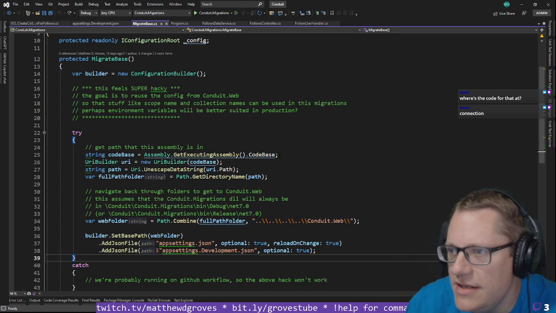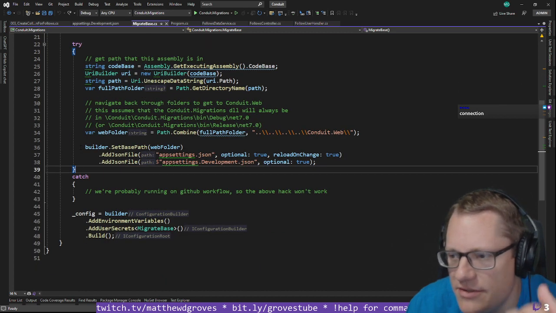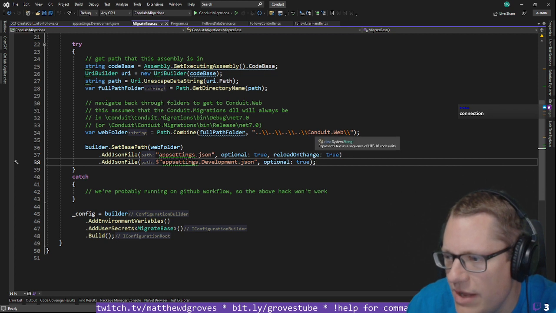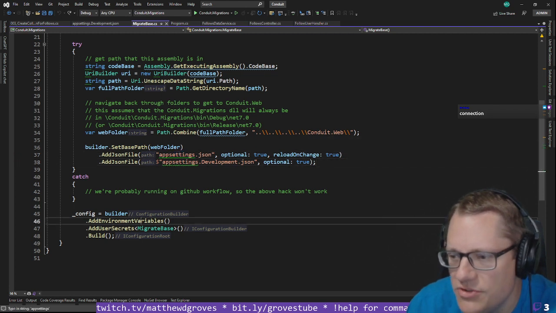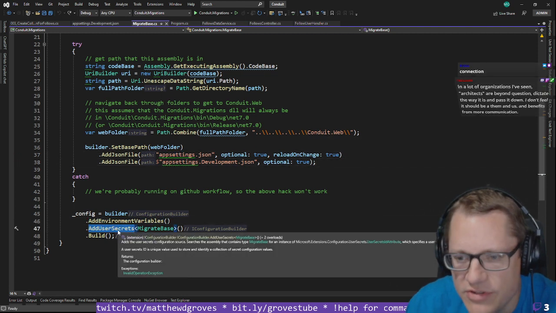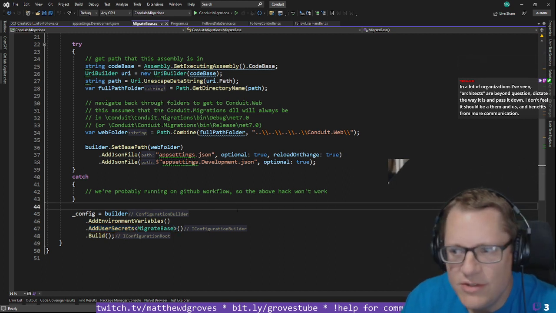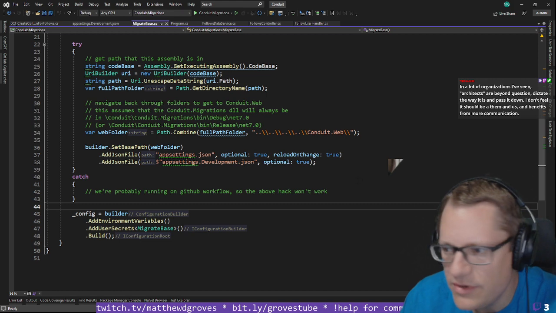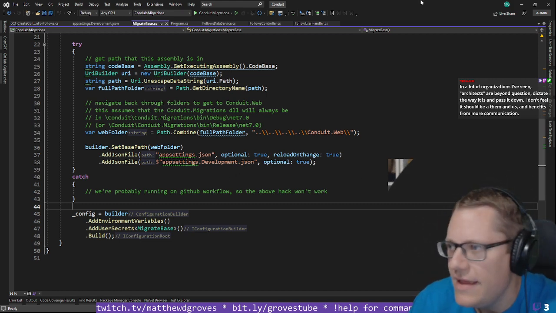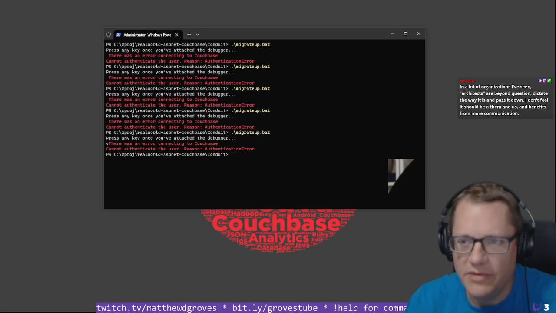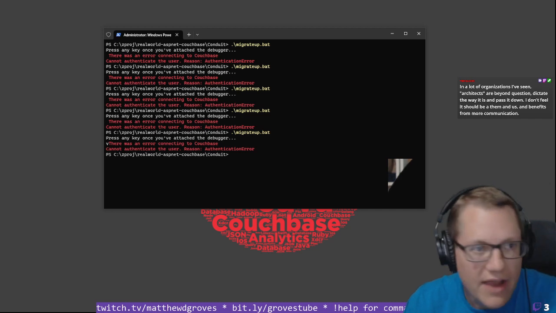So what the migration base class is supposed to do is look for the web app settings, also look for environment variables, and look for user secrets. And it doesn't seem to be doing any of those things because it's pulling some sort of connection string from somewhere. At this point, I'm going to try just dumping it in the app settings file and,